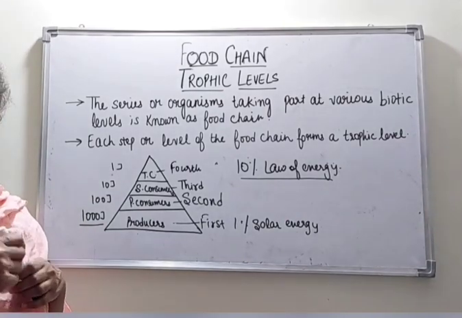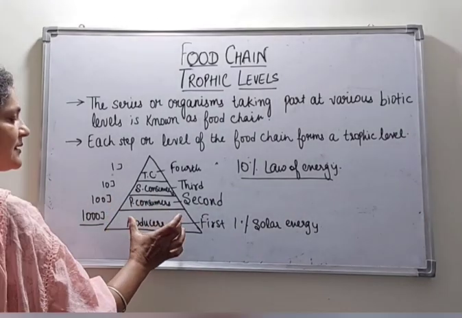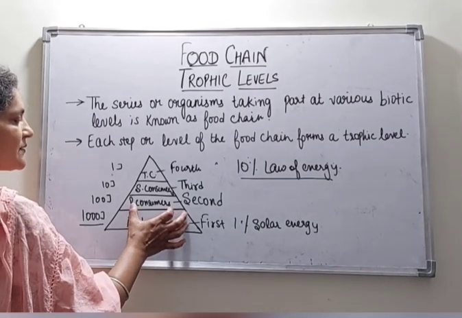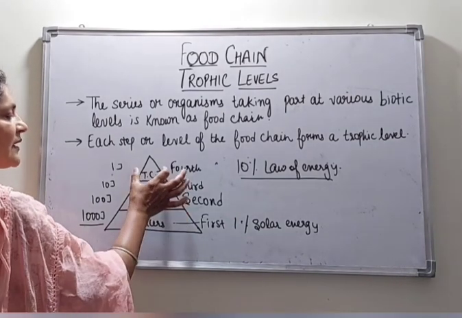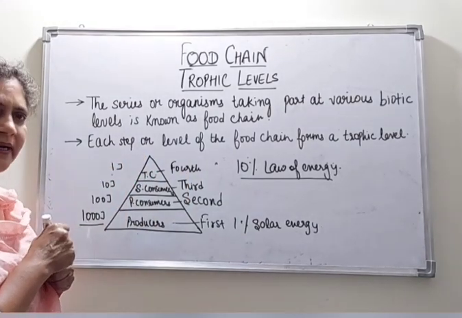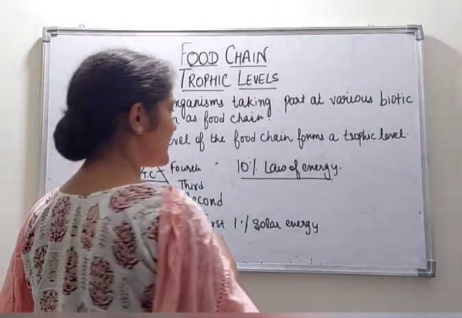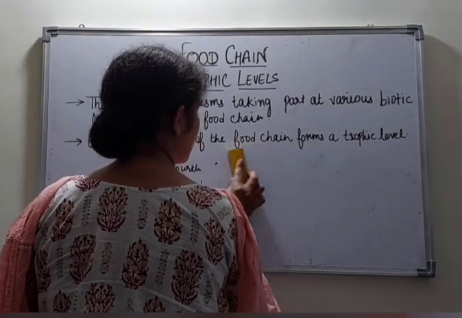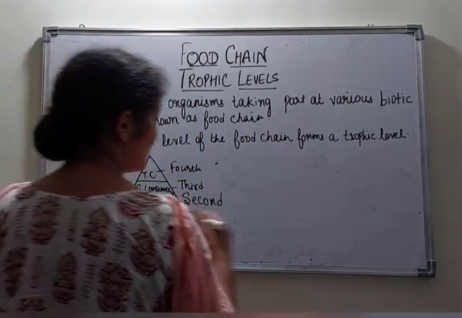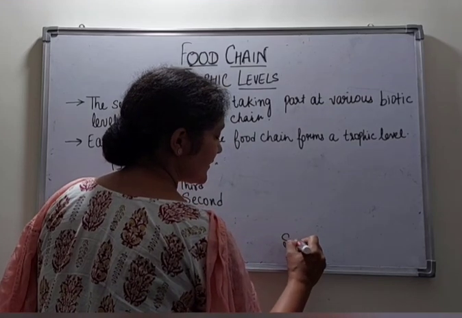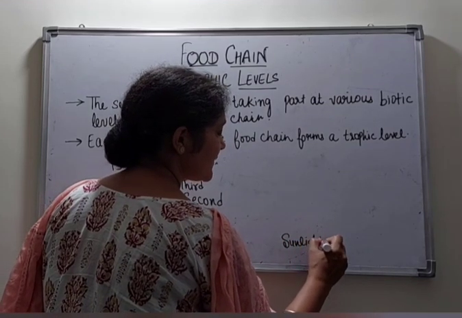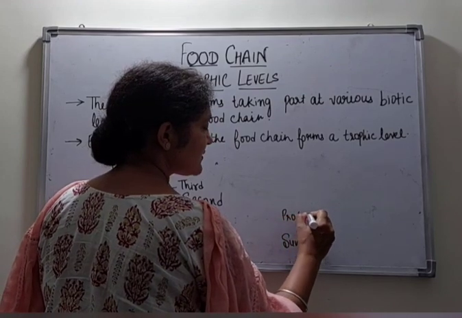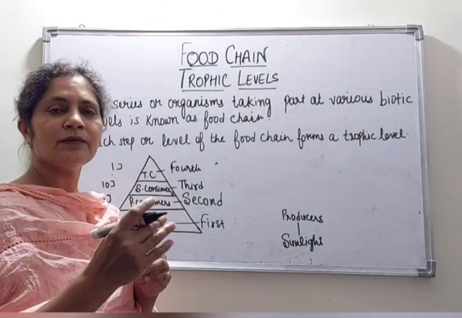Now students, one thing more, this energy will always be transferred from producer to consumers to secondary, then to tertiary consumers. Right students? We can also draw here the flow of energy. Energy chart, sunlight first. From sunlight, it will go to the producers. This is the energy flow chart.